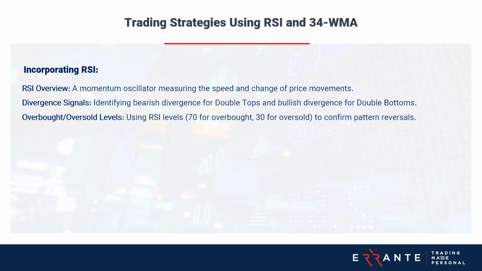With the RSI above 70, it generally indicates that the asset might be overbought or in a very strong uptrend, signaling a possible pause or reversal to the downside for the price. Conversely, with the RSI below 50, it suggests that the asset might be under selling pressure, signaling a possible reversal to the